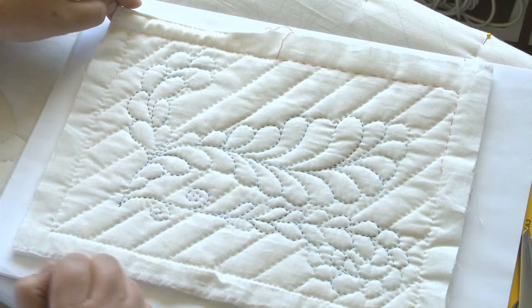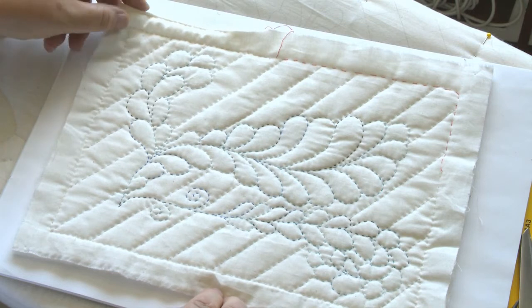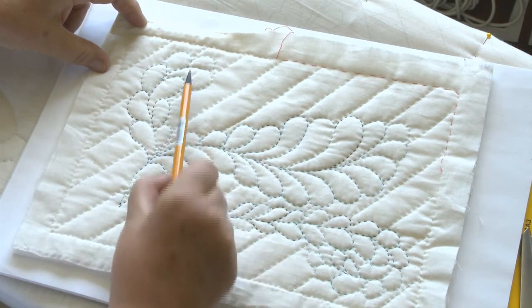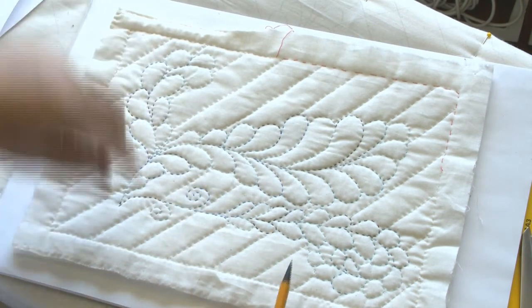Now we've shown you some drawings of these little journal quilts and the feathers. I'm just going to show you this one here, which has already been stitched. It's a simple feather pattern again, with the curves coming in these directions here and little scrolls. I've layered up the 3 layers pretending that it's a real quilt, and you can see I've got the top